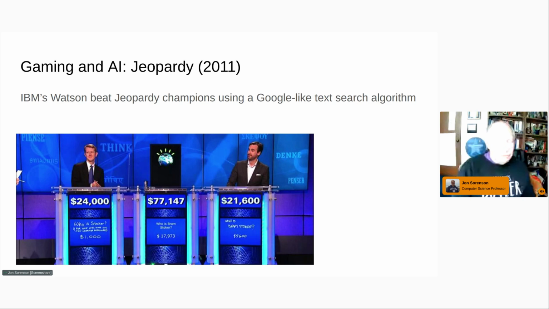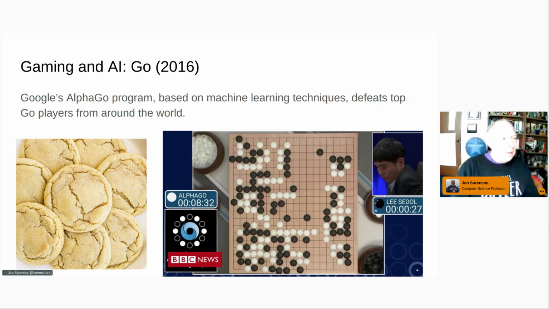But that's advancing in AI in the context of game playing, which I imagine many of you have some experience with, playing games against artificial intelligences of some form or other. Then the next step, the game of Go. I don't know if you're familiar with Go, where you're either black or white, and you place stones on intersections of these lines on a square board, and you can capture pieces of the other side. It's a more abstract game in terms of strategy than something like chess. It's harder to do lots of look ahead because you have so many possible moves.